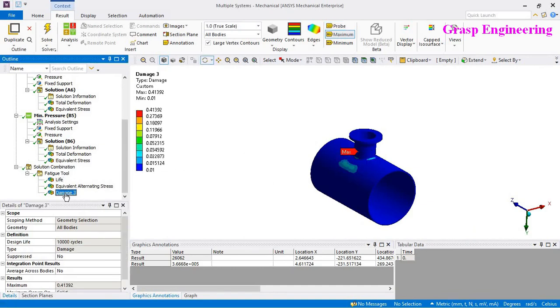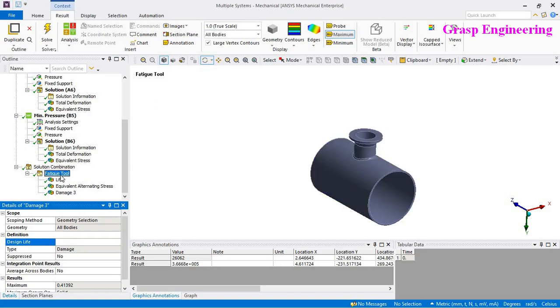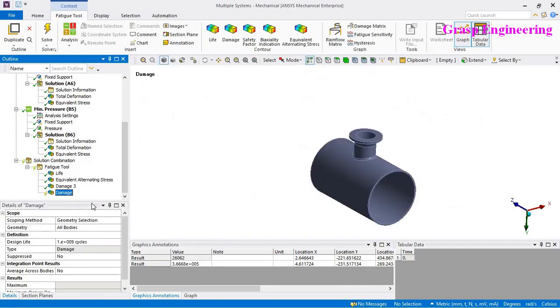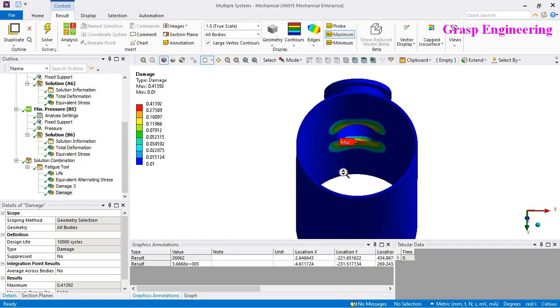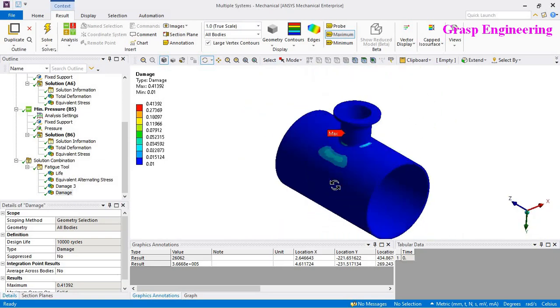Now let's talk about damage. Here we should input the value of damage, that is 10,000 cycles. If you define damage, here you need to define the permissible number of cycles or design life cycles. This is called design, and when we get from FEA, it should have your permissible number of cycles. So now if you see the fatigue damage is less than one, it means our nozzle shell junction is safe.